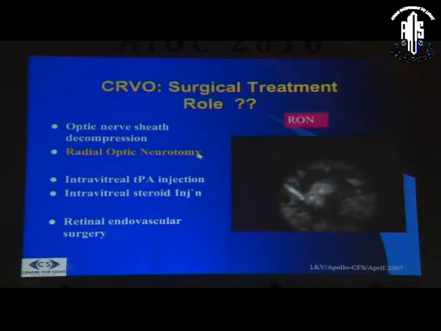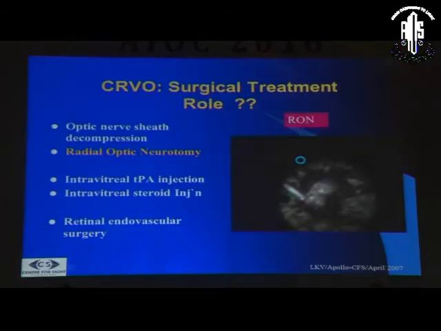Similarly, surgical treatment came with a very big bang, as if radial optic neurotomy would treat all patients. It was likened to a carpal tunnel kind of syndrome, that you release the pressure on the optic nerve head and everything will open up. That came with such a big bang that I know in Western India, a lot of people started doing RON in all patients, and we also tried at our center, but frankly speaking, the results were not as great.